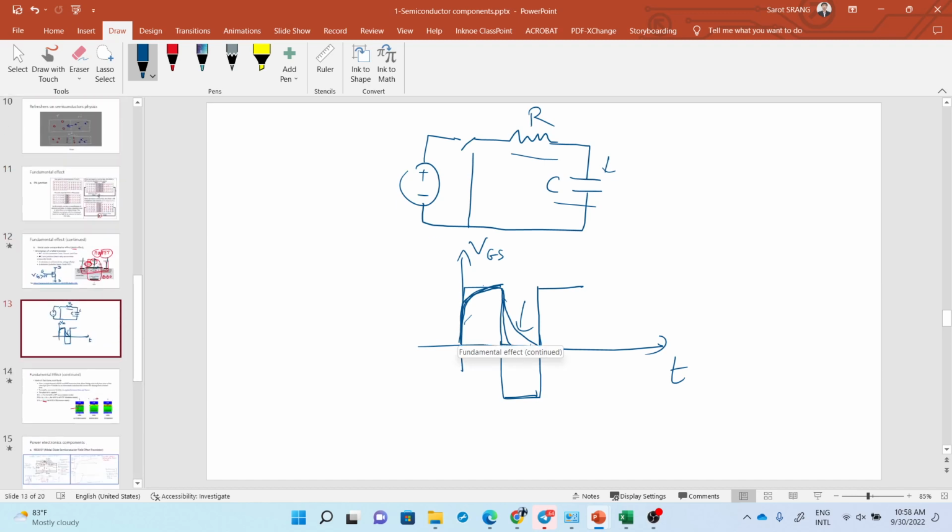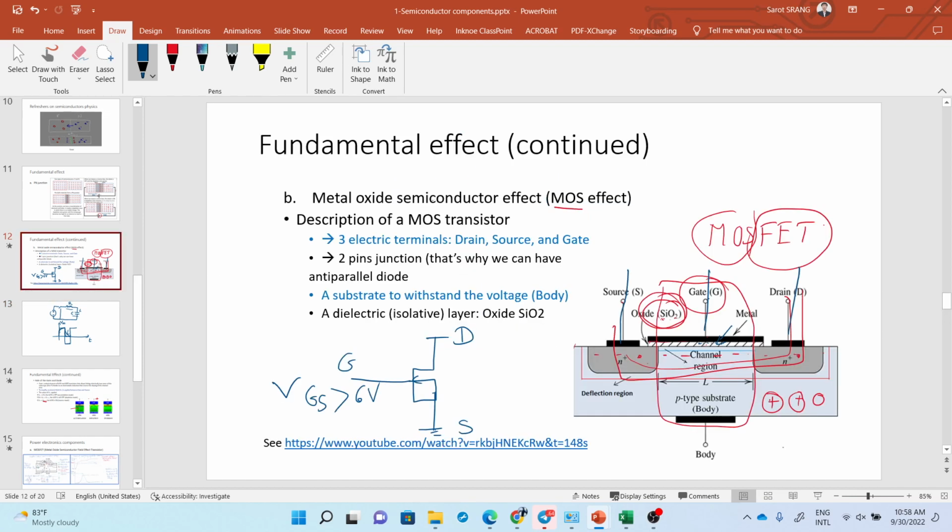Mr. Charles, how about in the equation, we should take the figure of 6 voltage. Wait. Here, VGS. So why? Because we want to use the resistor. Why we